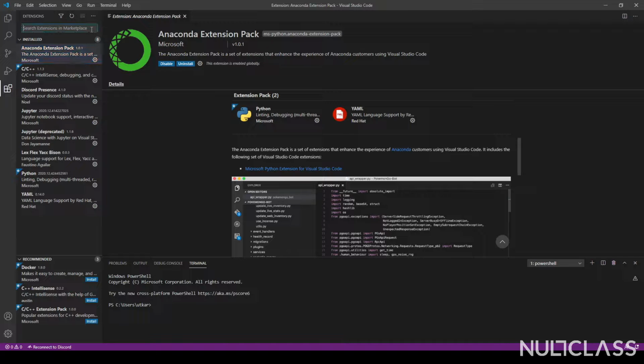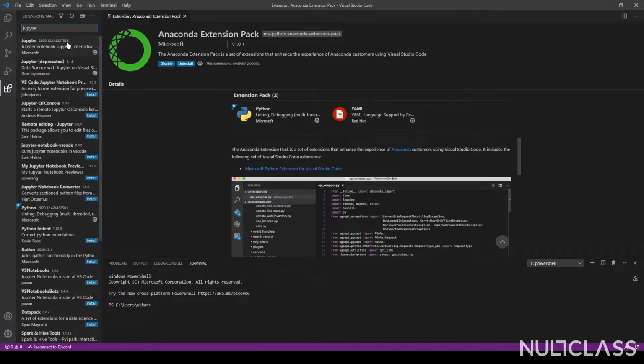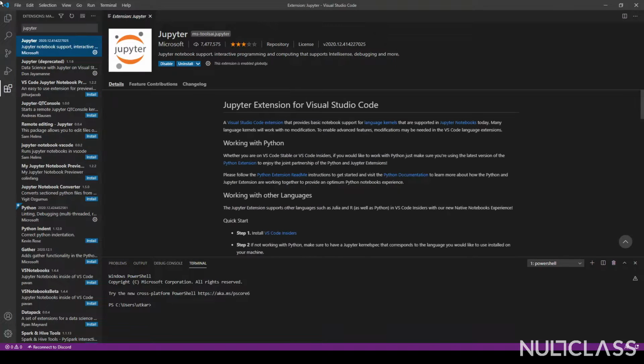And the last extension pack you will need to install is Jupyter by searching Jupyter here and selecting the first option, and again by clicking here the install button. So in my case it isn't coming because I already have installed Jupyter in my system.